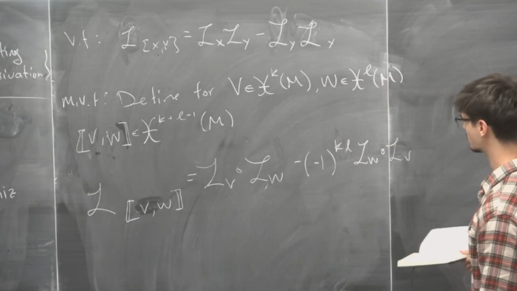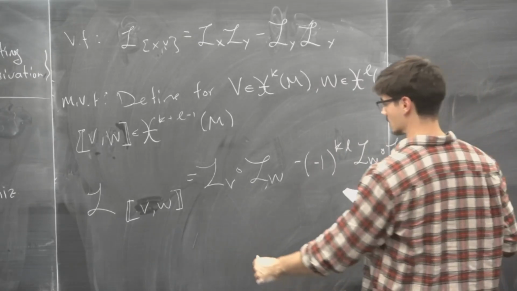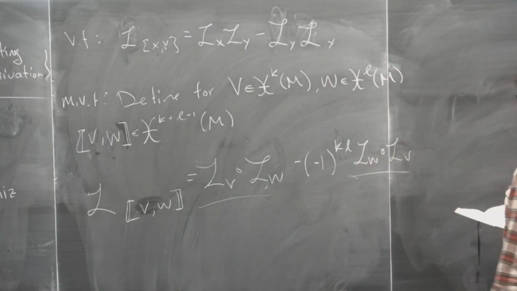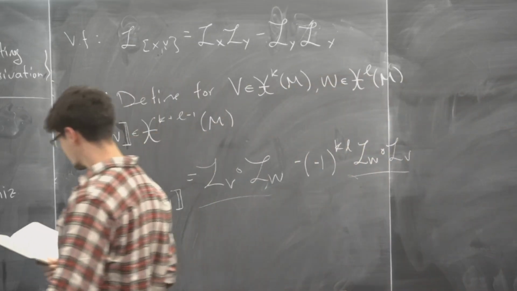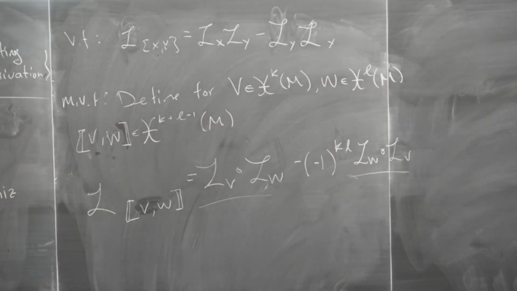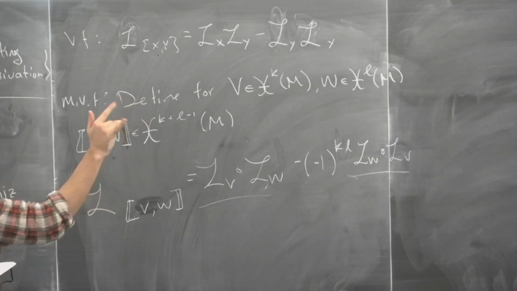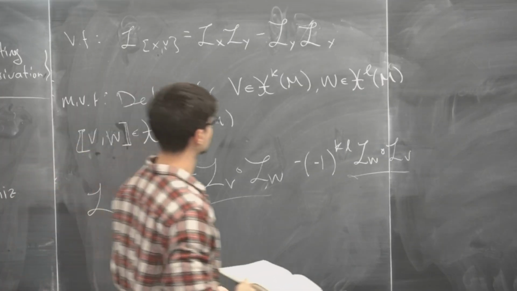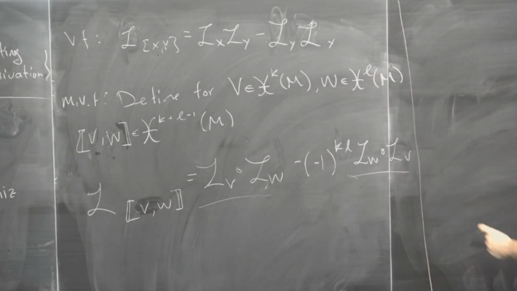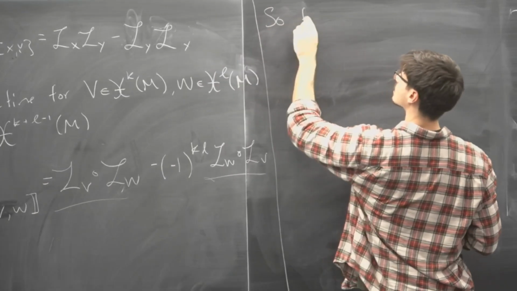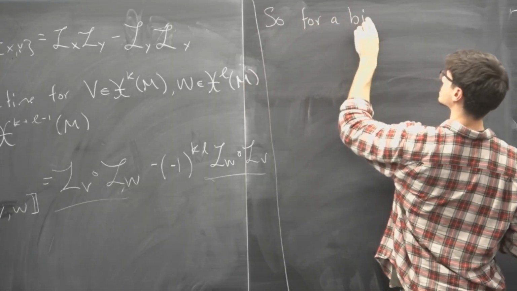There's a definition for what these are doing in the multi-derivations, but it's the exact same thing except you sum over all possible permutations of the entries up to signs. I'm not going to write it out because it's long and tedious, but you sum over all possible shuffles of the indices. So for a biderivation,